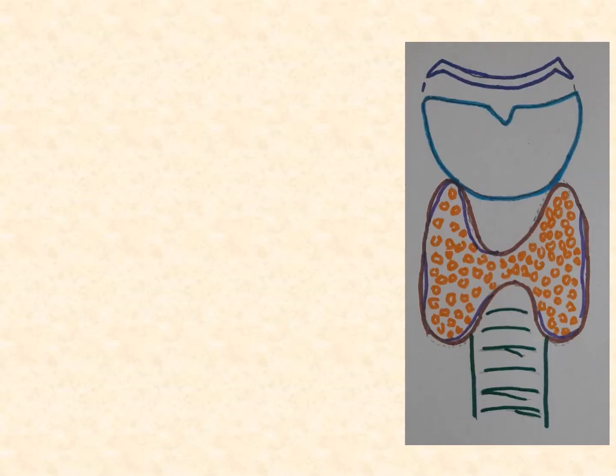Functional anatomy: the thyroid gland is located in the front side of the neck, anterior to the trachea. So you can see this is the trachea, this is the thyroid gland, right? This is the larynx, this is the hyoid bone. So hyoid bone, then larynx, and you can see the butterfly-shaped gland, that is the thyroid gland.